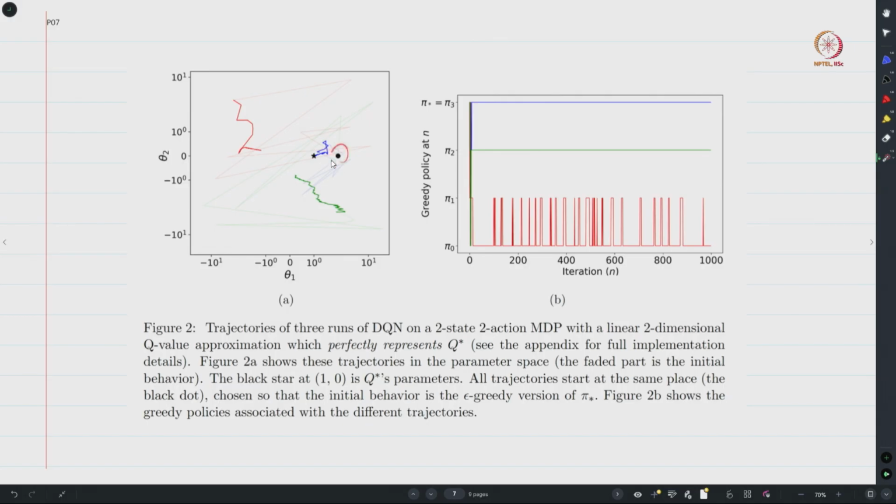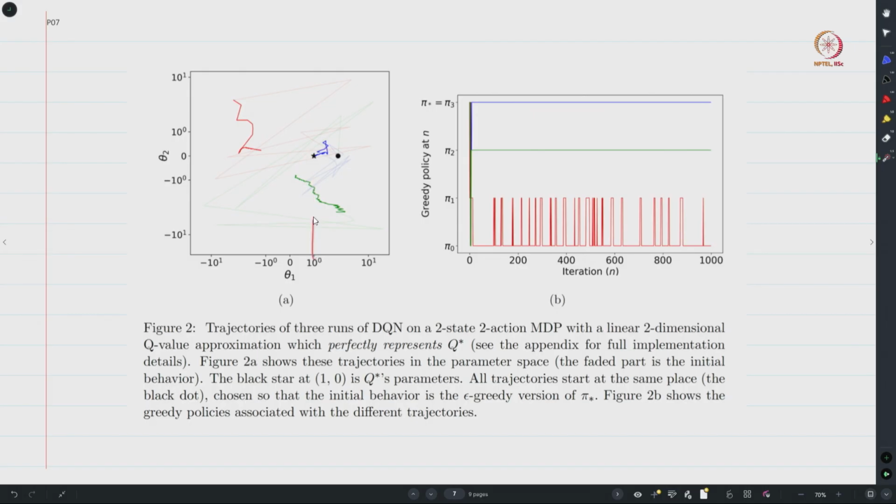So this theta 0, or phi times theta 0, is the initial estimate of q star, and this is where we start our q learning with linear function approximation algorithm. If you zoom in closely, you can see that there are 3 trajectories with 3 colors: one in blue, one in green, and one in red. The star over here corresponds to the theta star value, which is associated with the q value of your optimal policy, and you can see that it sits